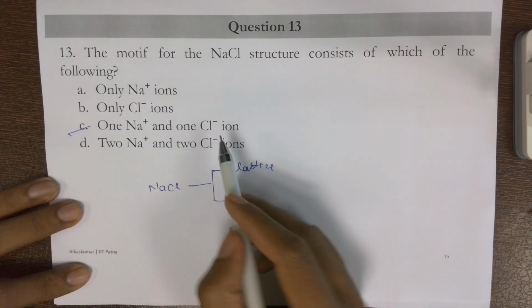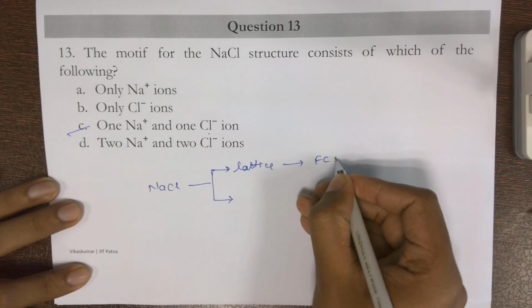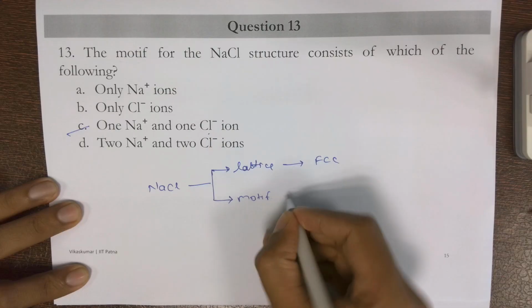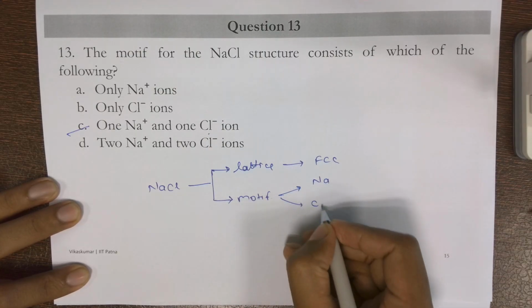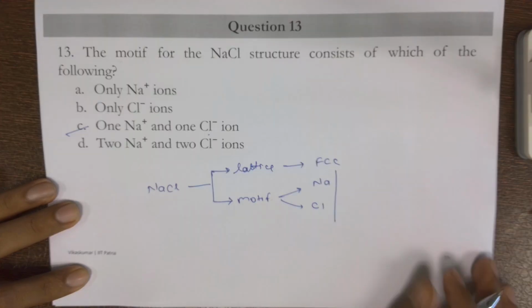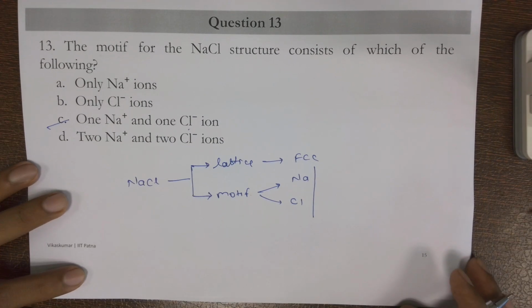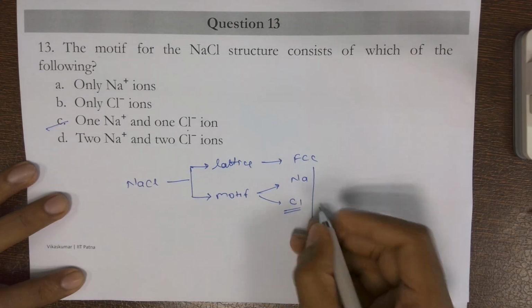Show the one sodium. And the lattice is made up of the Na and the Cl positions we can write, considering the chlorine to form the lattice